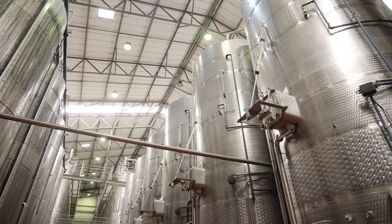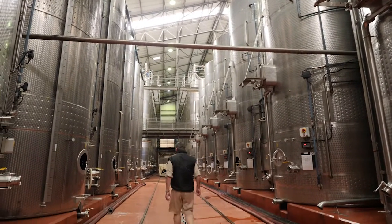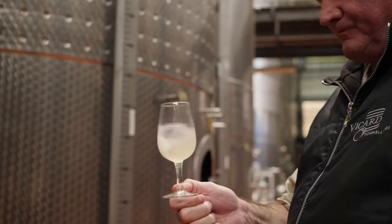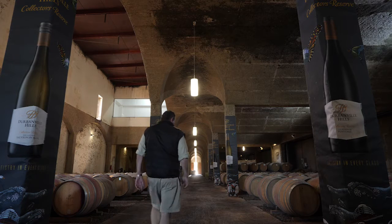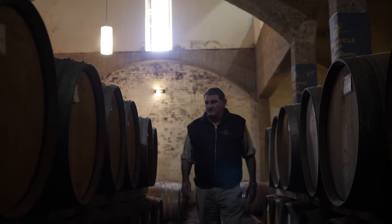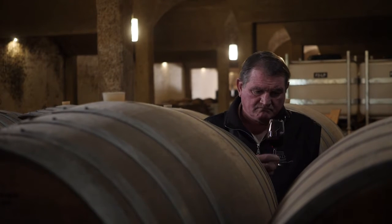The biggest factors that play a role in our winemaking is False Bay, which is 28 kilometers away, and then the proximity to Table Bay, which is only 9,000 meters away from the winery. We don't have extremes in the area due to that. And then a huge factor is the Cape Doctor, the southeasterly wind that blows into the area and removes all humidity and keeps the vines healthy. All our farms are in a 10-kilometer radius from the cellar, so we get our grapes in nice and cool,